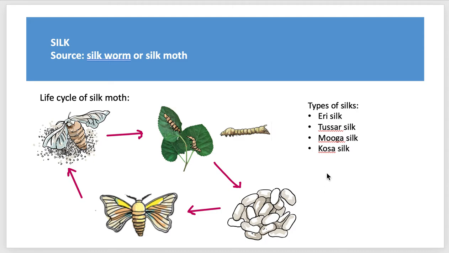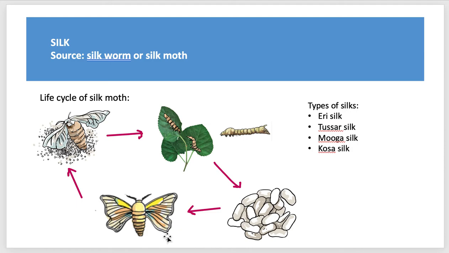This whole silkworm is inside the cocoon, and it is actually growing. And then after this cocoon stage comes out a beautiful silk moth, and hence the life cycle continues. This silk moth will again lay many eggs, and then those will hatch and become silkworms, and then silkworms will form a cocoon around themselves, and from the cocoon will come out beautiful silk moths. So this is the life cycle of a silk moth.